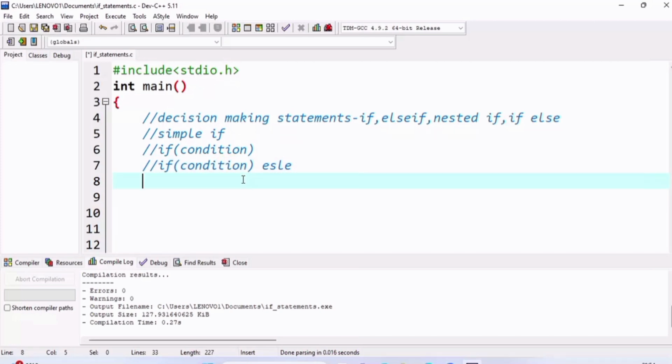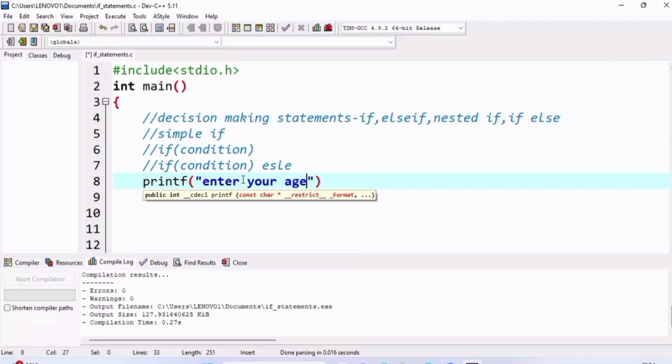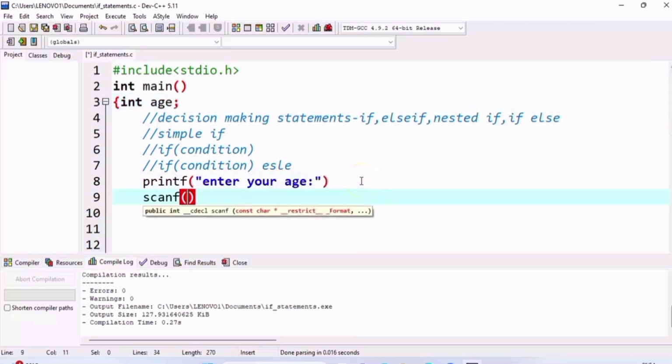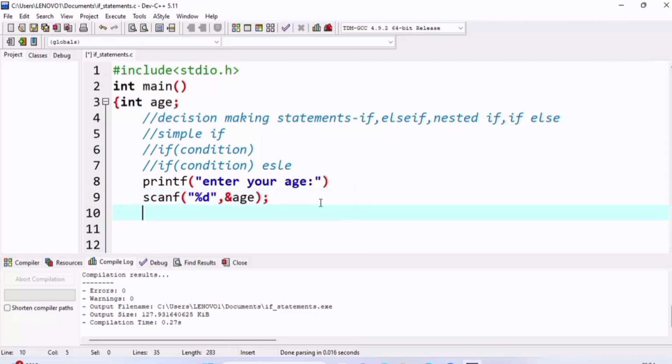I'll ask the user to enter their age: printf "Enter your age". I'm going to create an age variable, int age. With scanf I will read the user's input, scanf %d. %d is the format specifier for integer, I hope you know that from before. So you keep ampersand age. Now we are going to check if age is greater than or equal to 18, then